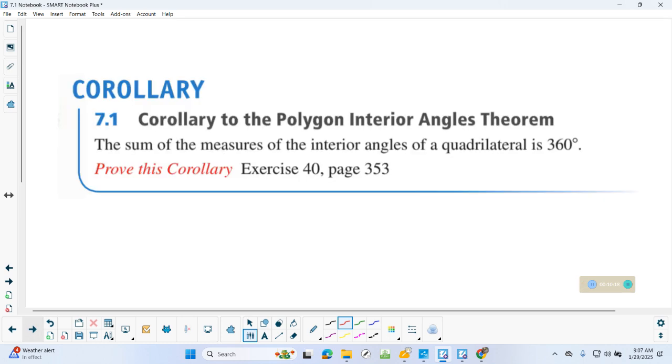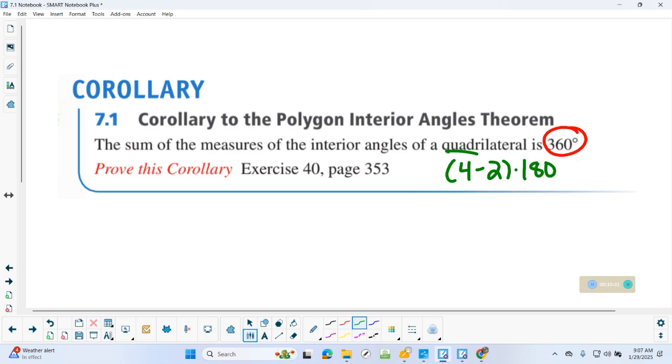So corollary to this, of course: the sum of the measures of the interior angles of a quadrilateral is 360. Now, to me, this makes sense. If you're like, oh my gosh, I'm never going to remember all of this stuff, well, this is the same formula. How many sides on a quadrilateral? 4. So if you use your formula,